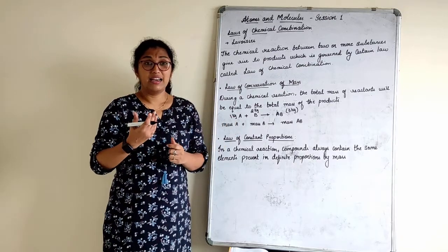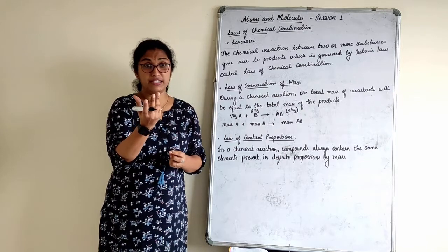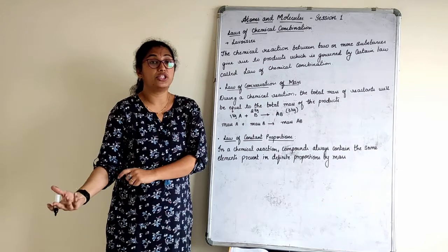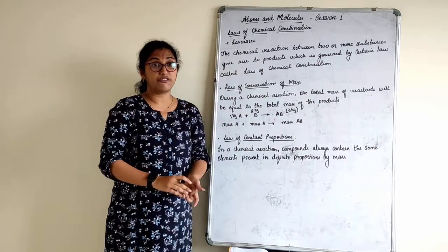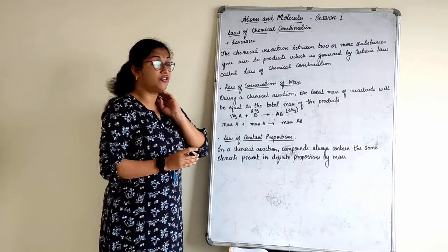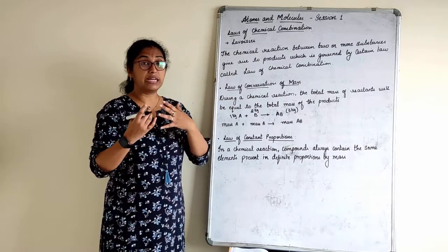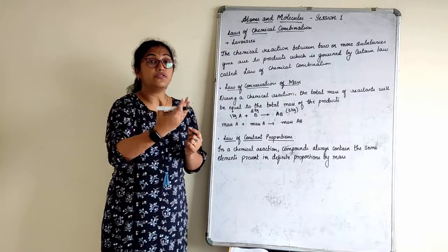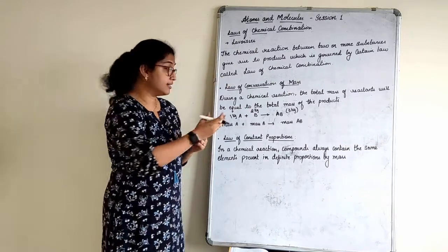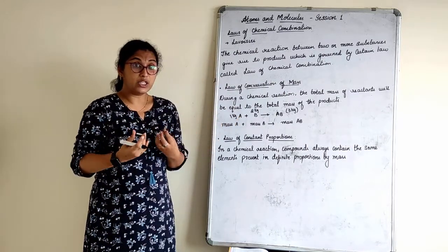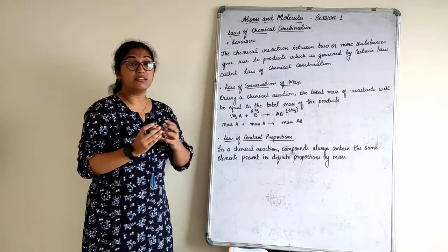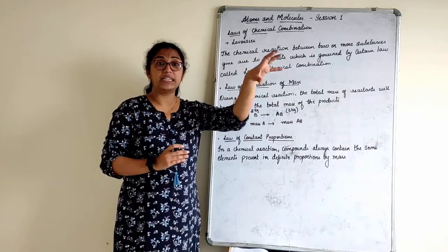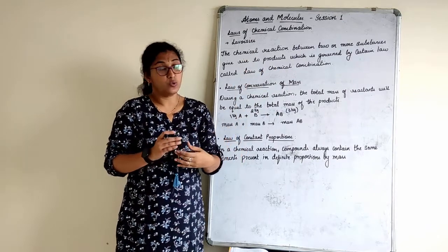We say, right, law of conservation of momentum, we studied it for energy. The total momentum before collision, however much it was, is the same as after collision. So in the law of conservation of energy, when we talk about it, the energy is neither created nor destroyed. It can only be transformed from one form into another. So even here, whatever mass we have taken, it is not destroyed; we get the product with the same mass.